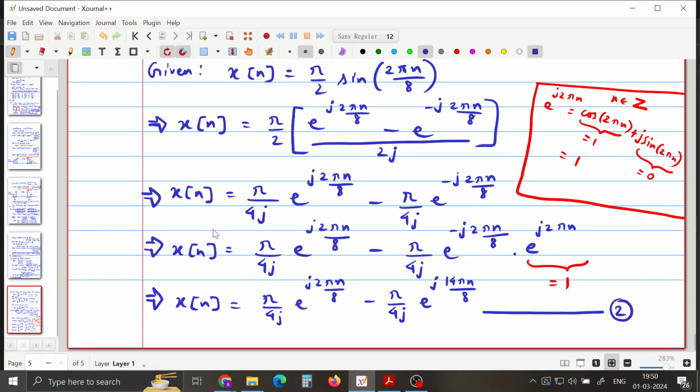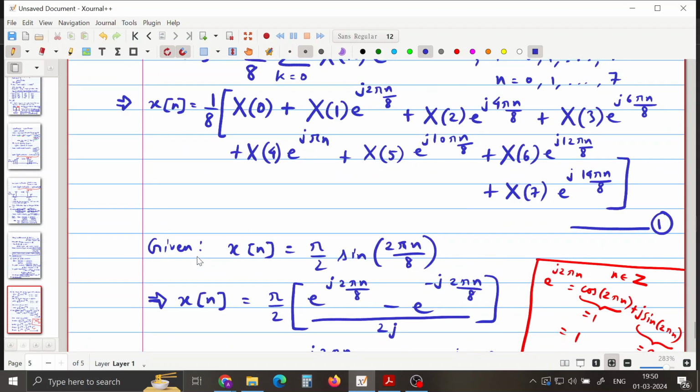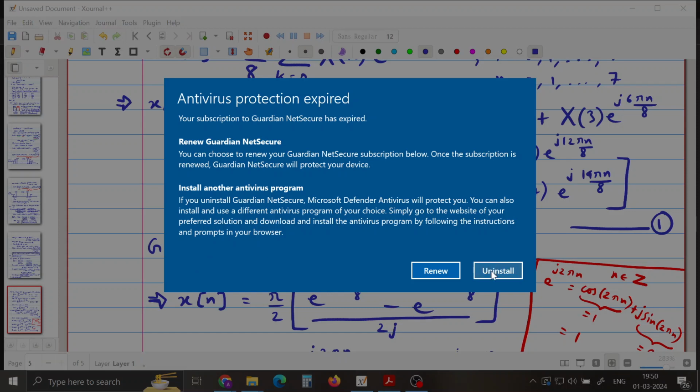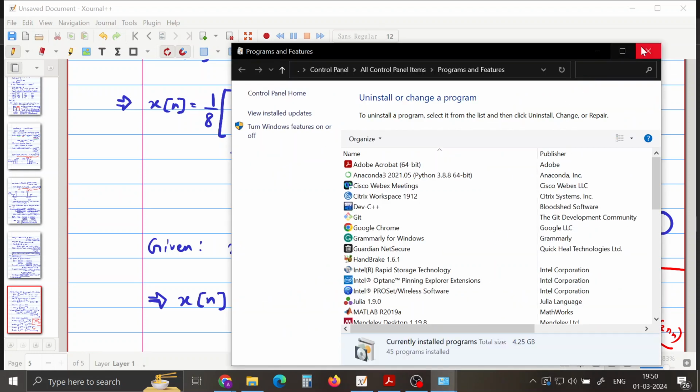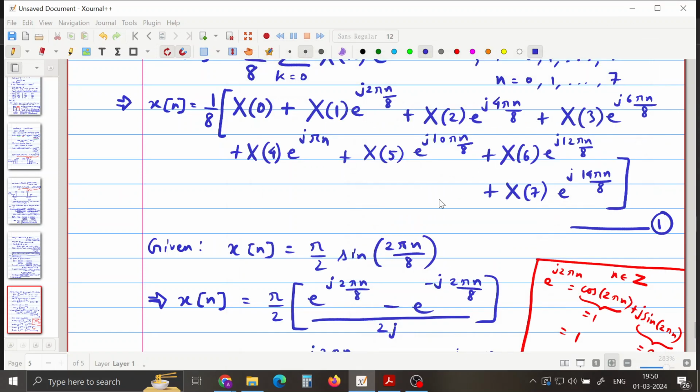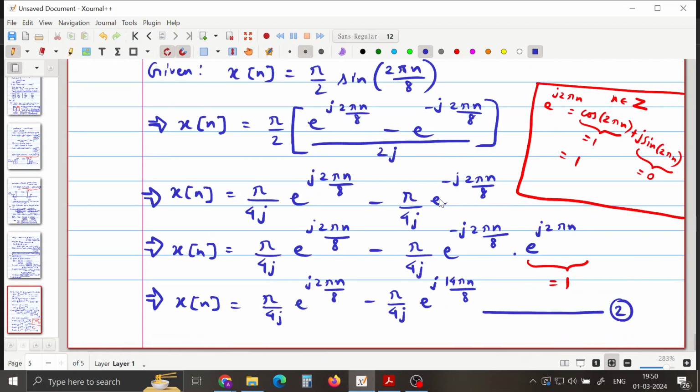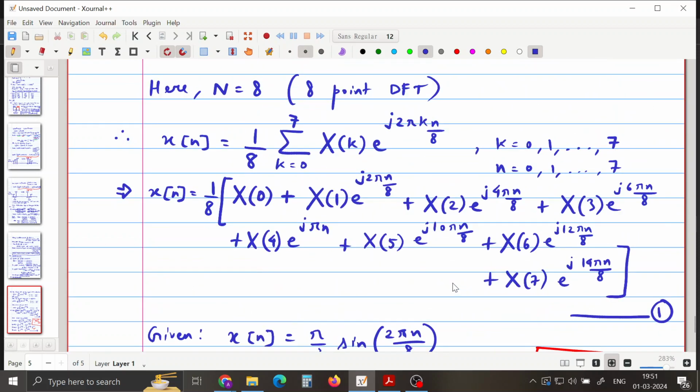now you're done, you can compare this equation 2 with equation 1 here. And what can you observe here? So now you can compare equation 1 and 2, and you see that these two frequency terms, e power j 2 pi n by 8 and e power j 14 pi n by 8, both are present here in equation 1 also, which actually corresponds to which terms? This one. This is e power j 2 pi n by 8,